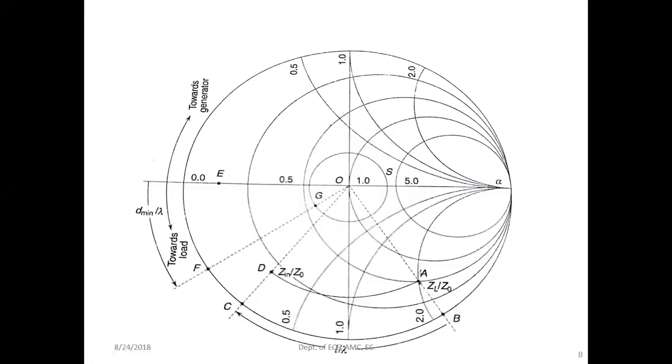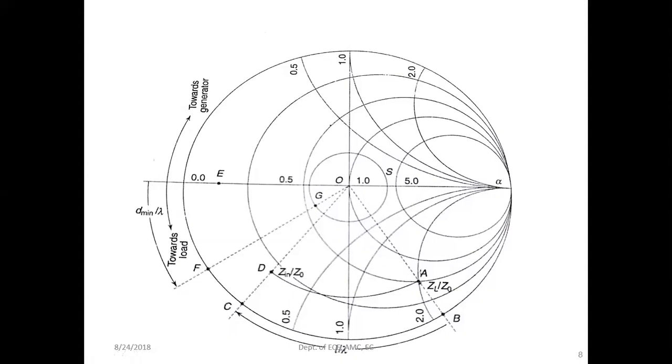Now this is how you actually see the Smith chart. On the Smith chart, if you are going clockwise, it is towards the generator. You have seen the transmission line circuit: you had the left hand side as the generator end and the right hand side as the load end. So if you take the values from the Smith chart in the clockwise direction, it is towards the generator end. Similarly, if you take the readings in the anti-clockwise direction, that will be towards the load end.